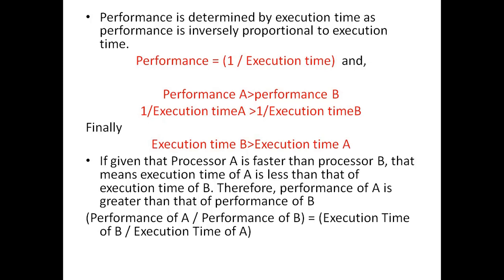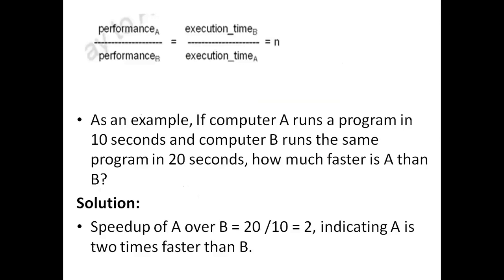So we need to find or calculate the performance of a particular system, and then the user can buy the best system from the market. How is performance measured? Performance is measured based on three parameters: response time, throughput, and execution time of a computer system. Response time is nothing but the time from start to completion of a task.